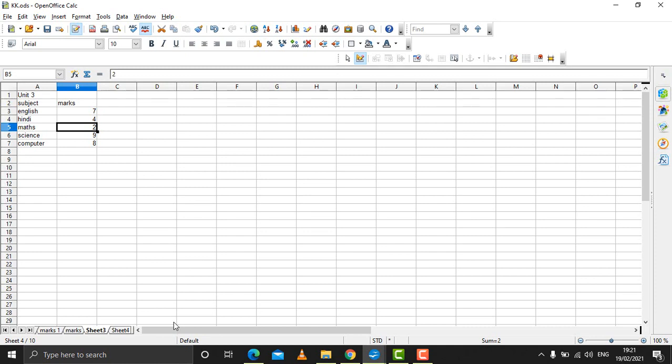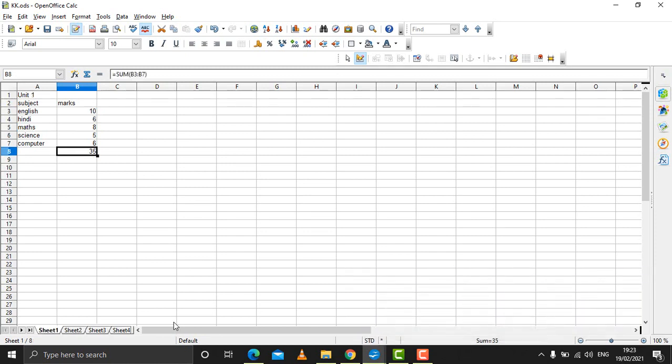For doing that type of calculation, we need to remember the name of the worksheets, meaning we should know the name of the worksheet on which the information is there, and we should know cell referencing, meaning how to address a particular cell. So suppose that we have a number of sheets and we have some data on them.